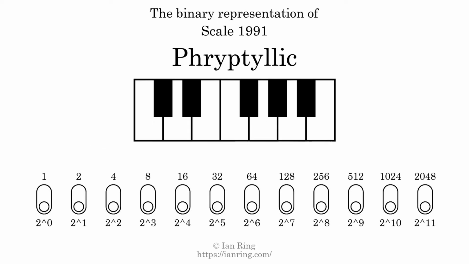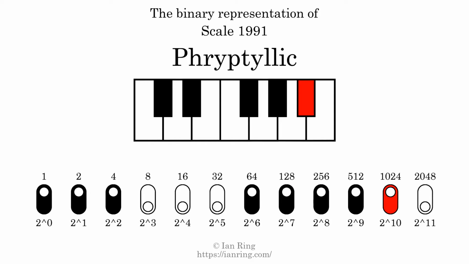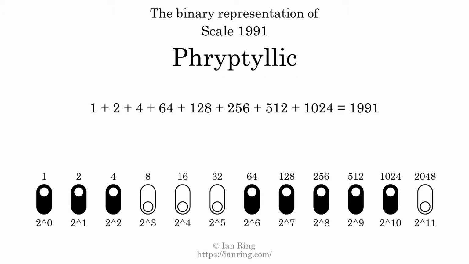The binary representation of this scale is determined by mapping tones of the scale to binary digits. Each binary digit represents a power of 2. To get the scale number, we add the powers of 2 together. The powers of 2 that are present in the scale, all added together, equals 1991. That is why the scale number, in decimal, is